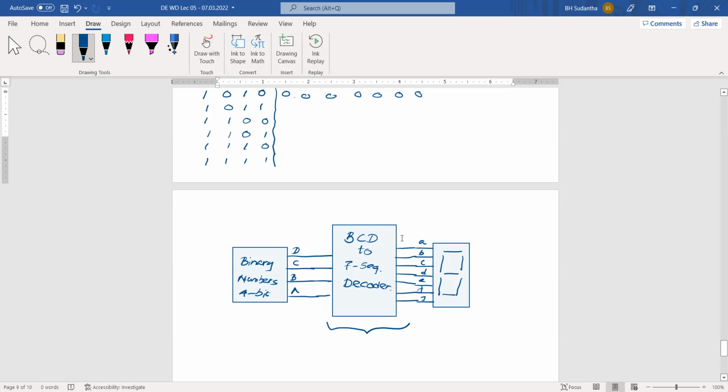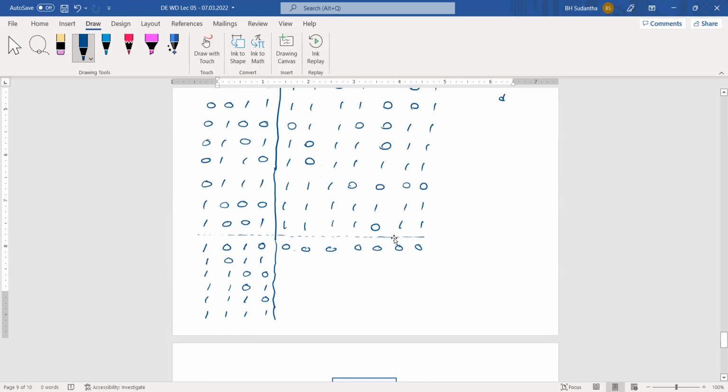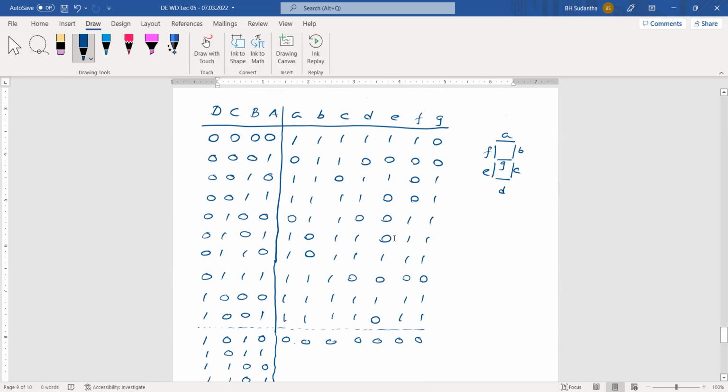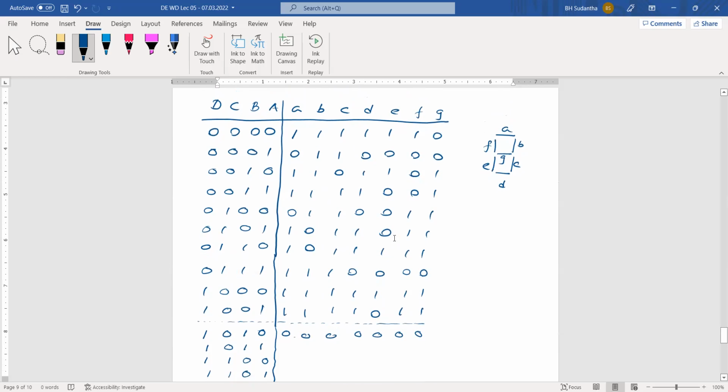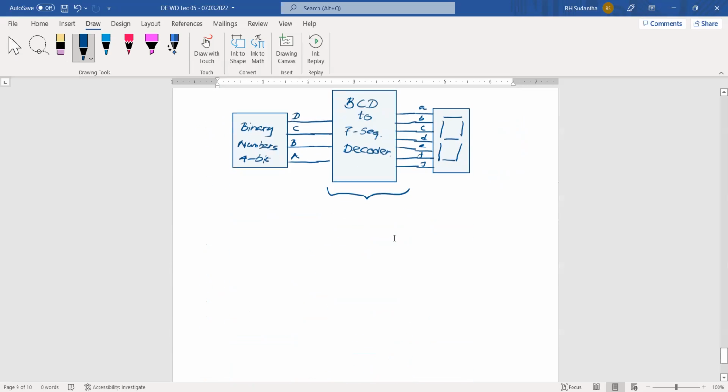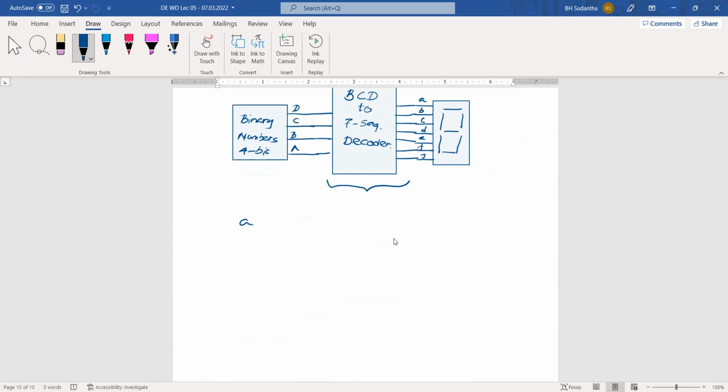After identifying the number of inputs and outputs, we have to prepare the truth table, and include our conditions. Now we have prepared the truth table. The next step is writing equations for segment A, segment B, and so on up to segment G. We can write 7 output equations, then minimize those equations. We have minimized these equations, but in this case, it's a large number of equations and a large number of terms are there, and we are not going to do